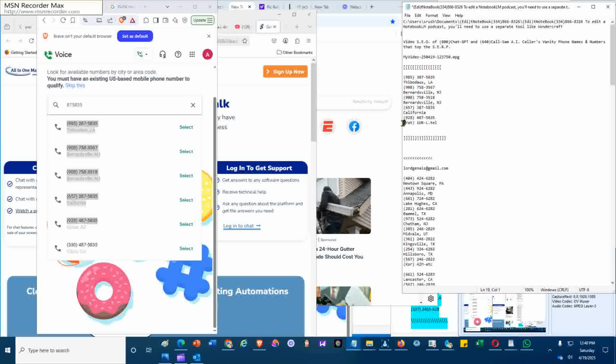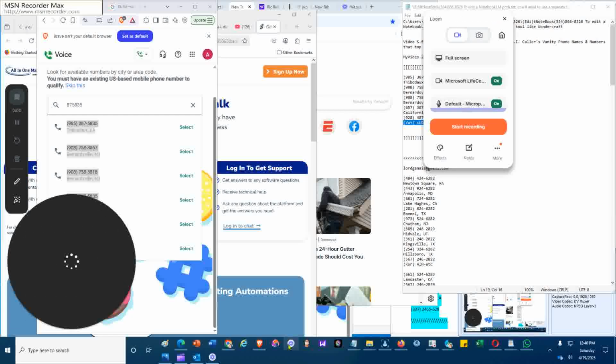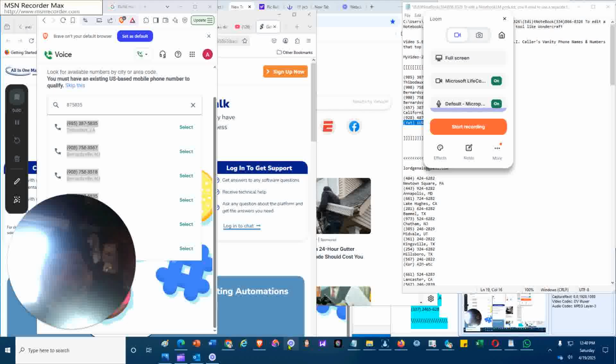Now that I made one of them, I'll mark it with a cursor, and I go edit, paste, and so on. I would like to add a few more recording, especially Loom, a cloud recorder. So I'm going to go to Loom, cloud recorder,